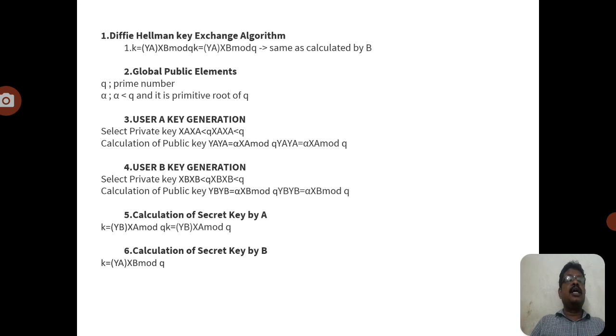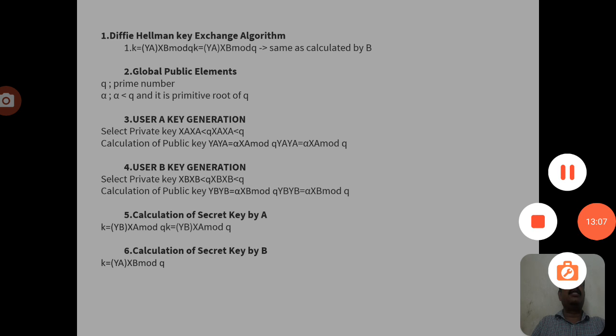They use the private key to calculate the public key. They send only the public key to the recipient, and the receiver can generate his public key and send it to the sender A. So both can generate the secret key K with the help of alpha and Q, which are the public numbers. This fulfills the concept of public key cryptography, which provides security for the message being transmitted with the help of both keys, the public key and the private key.